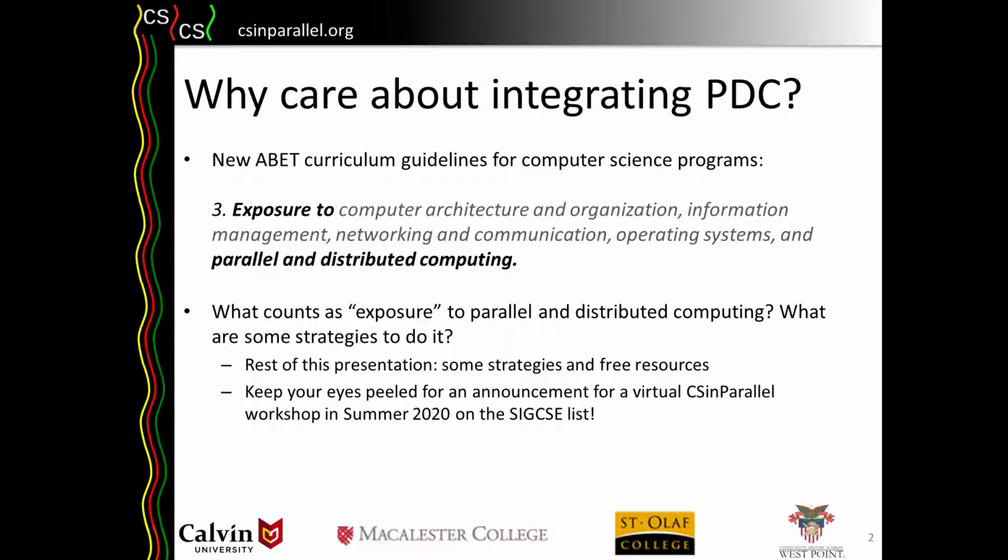While we are hoping to discuss these topics more in depth at our Birds of a Feather session, we will instead outline some key strategies and free resources that faculty may find helpful. If you are particularly interested in interactive discussion, keep your eyes open for a soon-to-be-released email on the SIGCSE mailing list. CSinParallel will be conducting a virtual summer workshop on strategies for incorporating PDC and plans to send details out